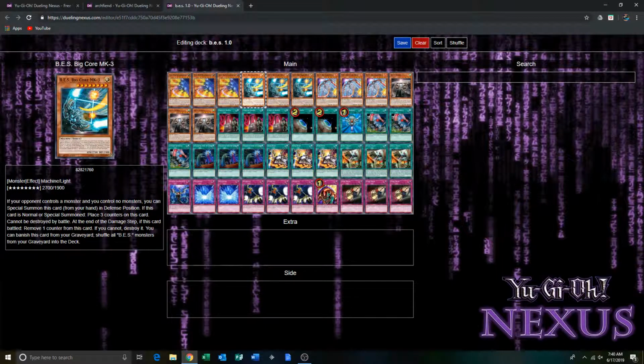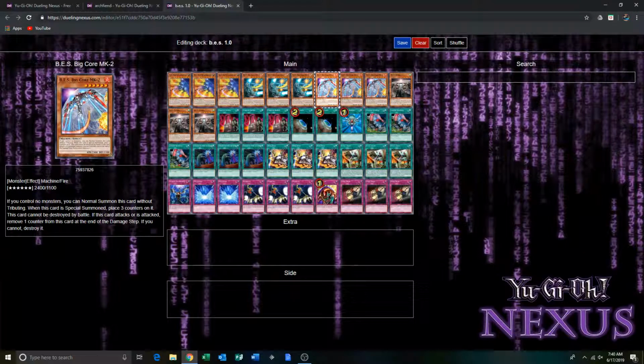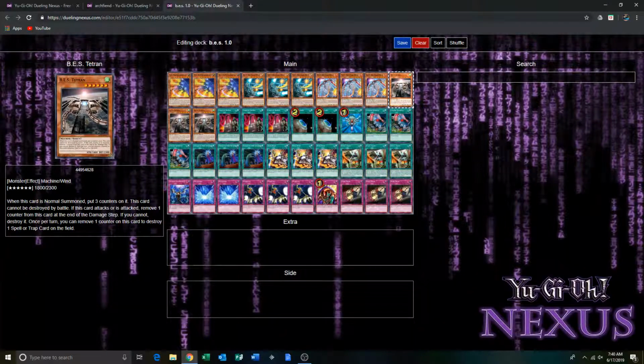His additional effect is that you can banish it from your grave to shuffle all B.E.S monsters back into your deck, which is really quite amazing. So yeah, that's really quite good. And then MK2. Basically, when it's Normal Summoned, it gets 3 counters, and that's pretty much all it does. So yeah. And then Tetrian,